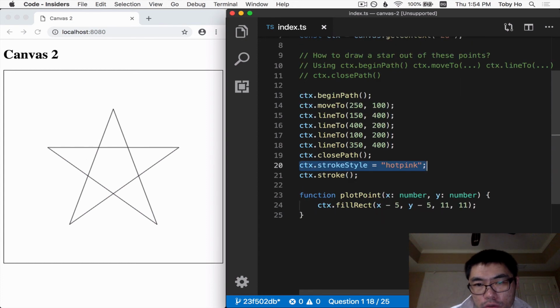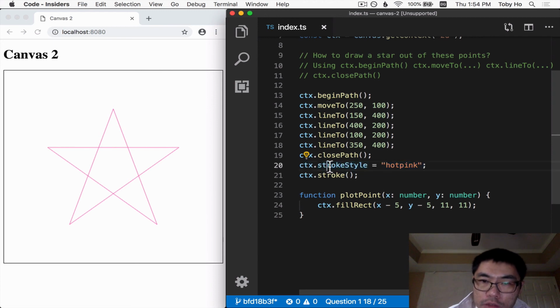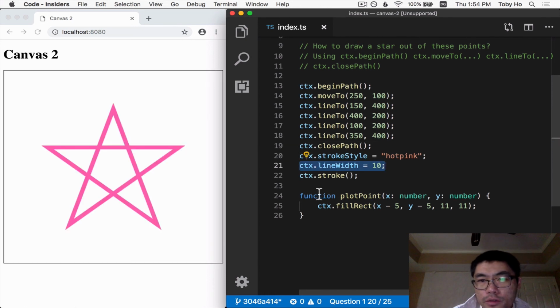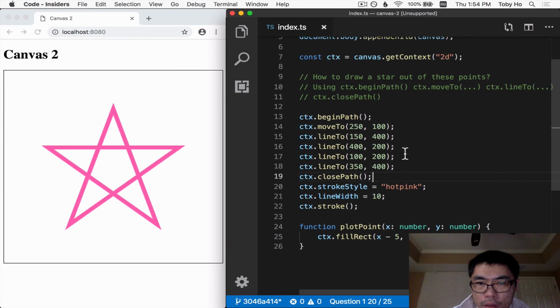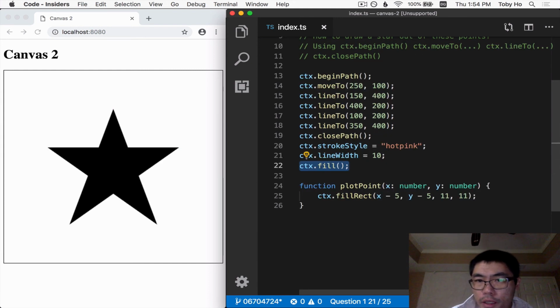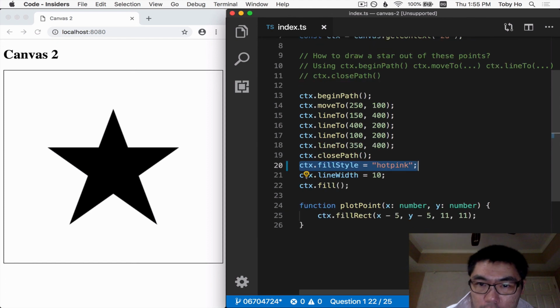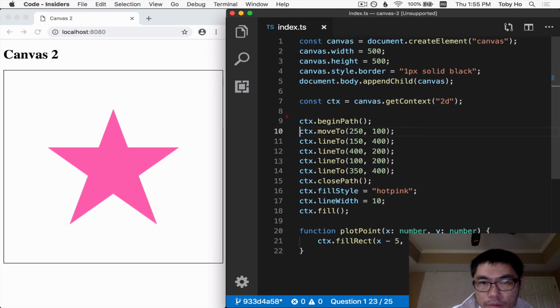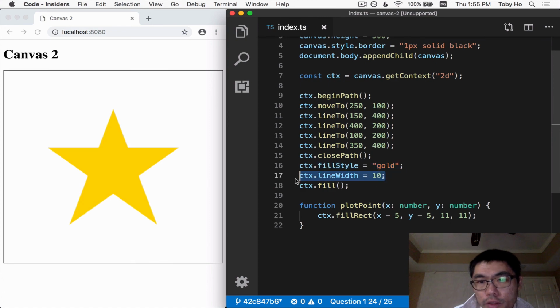This star was stroked, and because it's stroked, we can change its color using stroke style. We can also change the width of the stroke by changing the line width, just like a rectangle. We could also fill the star instead of stroking it. If we fill the star, then it's a filled star. And we can change the fill color by using fill style. We actually don't really need the line width anymore, but